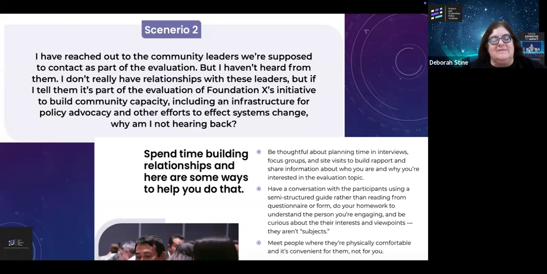So I would say this is, to me, one of the biggest challenges in doing equity analysis, is not getting a response from the community that you'd really like to hear from. And like I said, I hear it over and over again: come to our quarterly meetings, our monthly meetings, before you start asking us to do something for you. Develop a relationship with whatever that group is.